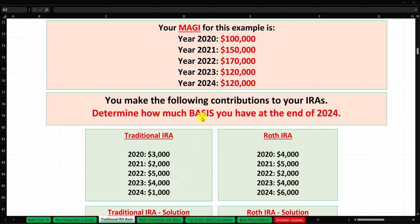In 2023, our MAGI is 120, which is below the threshold. That means this was fully deducted. This is not after tax, this is pre-tax because it was fully deducted. If it's not after tax, then it did not create basis. So this is no basis right here. Roth IRA, always basis. And finally, 2024, we have $120,000, which again is completely below the threshold, so it's fully